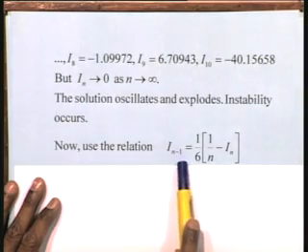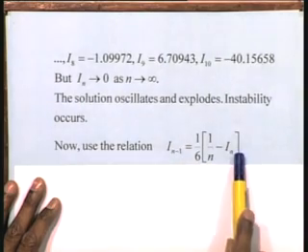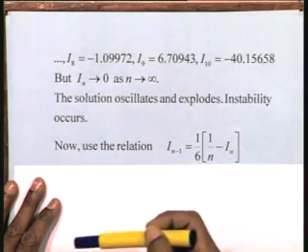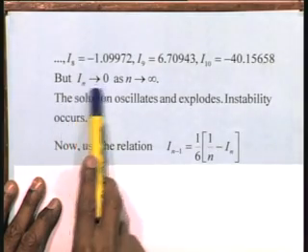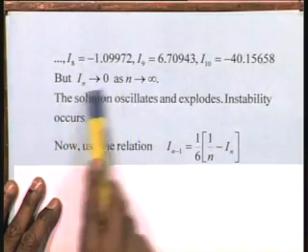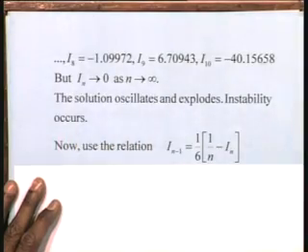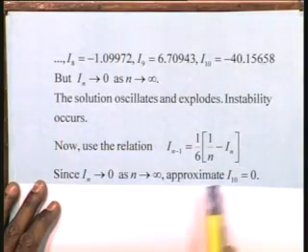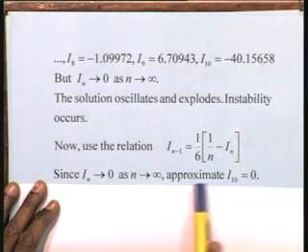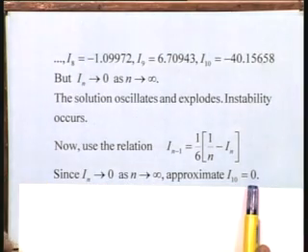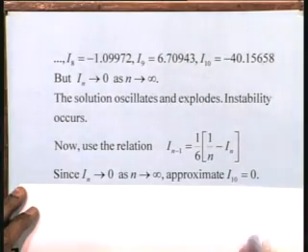So, I will write down I n minus 1 is 1 upon 6, 1 upon n minus I n. That means I would like to work backwards. Why should I work backwards here? I know that I n tends to 0 as n tends to infinity, it is a decreasing value. So, I will boldly commit an error here and say, since I n tends to 0 as n tends to infinity, let me approximate I 10 as 0. I mean, it could be something else, but it is very small, so let us take 0 and see how it is going to affect our solution.